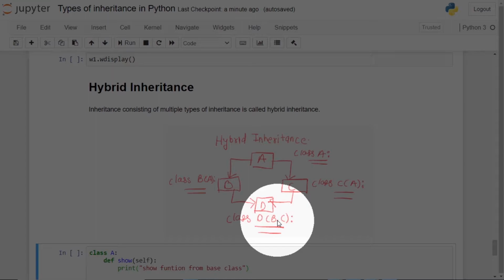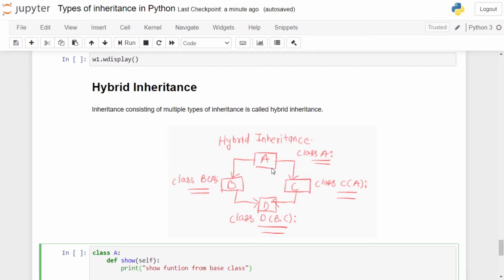Here we will also discuss one problem called the diamond problem. You have the method of class A repeating in class D via class B. The method of class A is repeating in class D via C. So which class method will be executed by derived class D will be decided by the order of inheritance of the derived class. If B is inherited first, then B's method will be executed. If C is inherited first, then C's method will be executed.